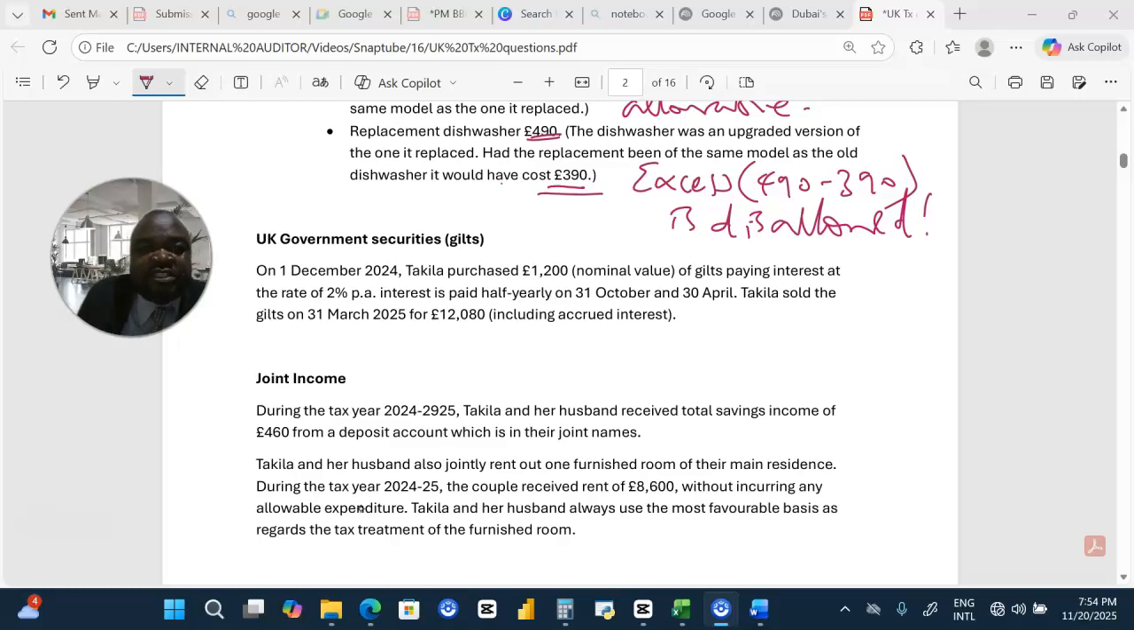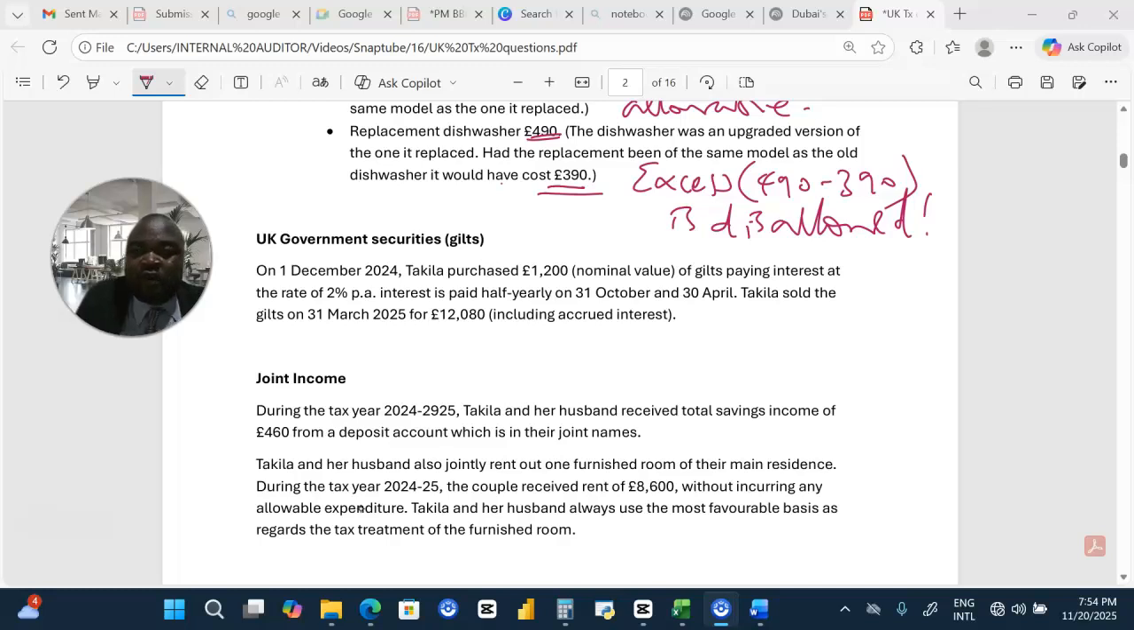UK government securities, gilts. On 1 December 2024, Taxable purchased £1,200 nominal value of gilts, paying interest at the rate of 2% per annum. Interest is paid half yearly on 31 October and 30 April. Taxable sold the gilts on 31 March 2025 for